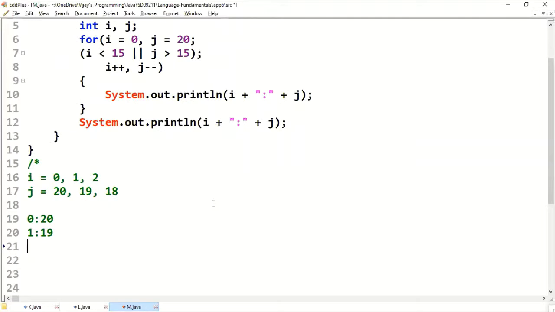Carefully observe how many iterations we get like this. 2 colon 18. Now it becomes 3, 17. 3 less than 15, becoming 4, 16. 4 less than 15, 4 colon 16.